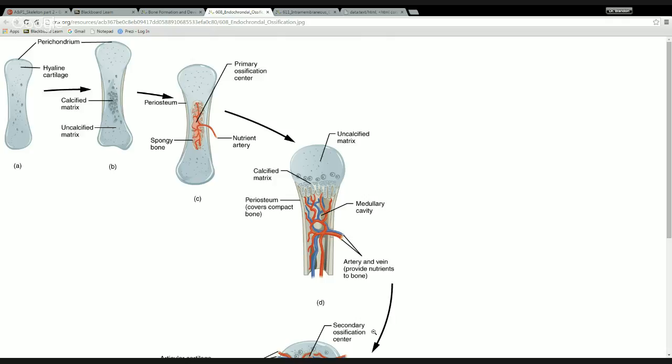Now, cartilage is an avascular tissue. So there are not blood vessels in this little structure here. Now, this is very, very small. And so as it starts to calcify, the blood vessels can grow into it and form the blood support for the bone. Where the initial blood vessel grows in, which is going to basically be the center of the diaphysis, that's what we call the nutrient artery. And when the bone matrix forms around that artery, we call that the nutrient foramen,